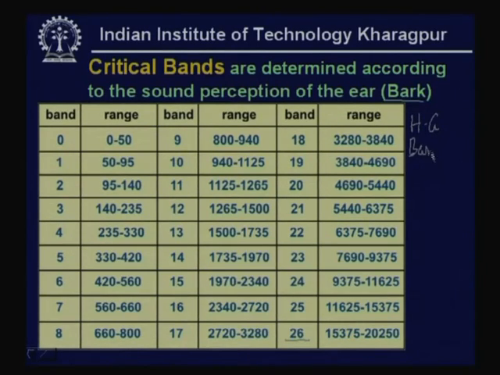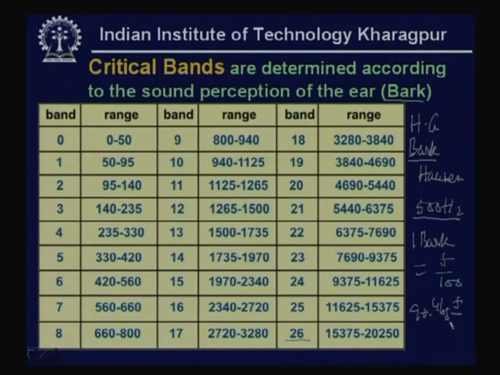Barkhausen, a German scientist, and in his name it is being expressed. So, for frequencies below 500 Hertz, 1 bark is equal to f by 100. On the other hand, for frequencies above 500 Hertz, 1 bark is equal to 9 plus 4 log